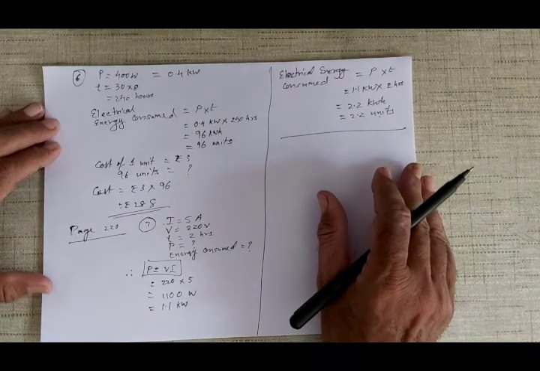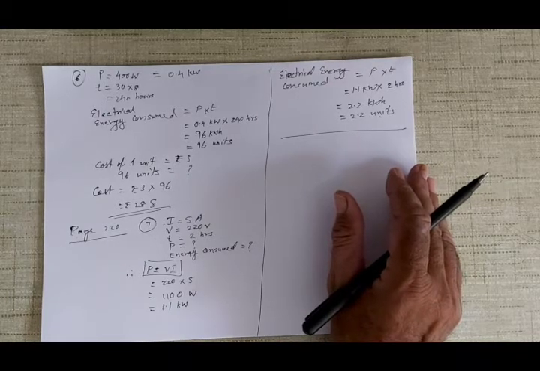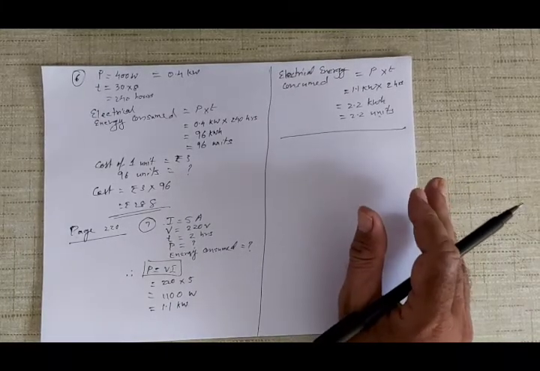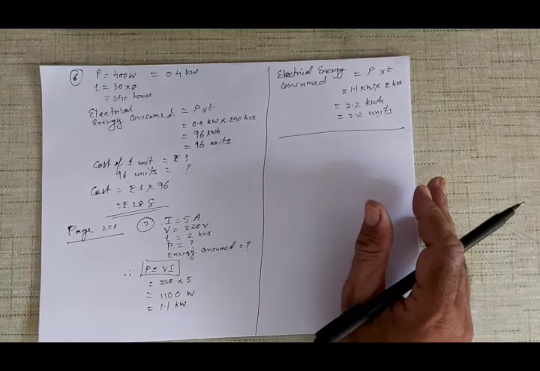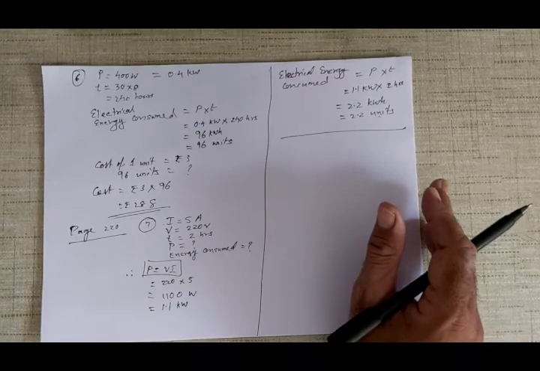There are 16 questions out there. The remaining 2 are theory type of questions. So I'll try and do as many numericals as I can and finish this chapter also, and then I will send you the PDF.